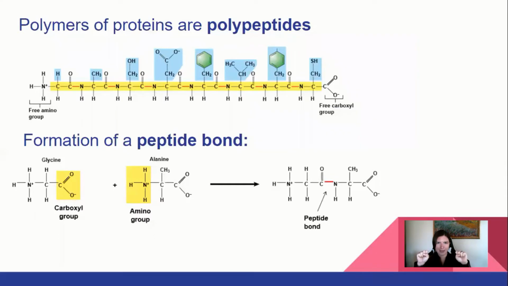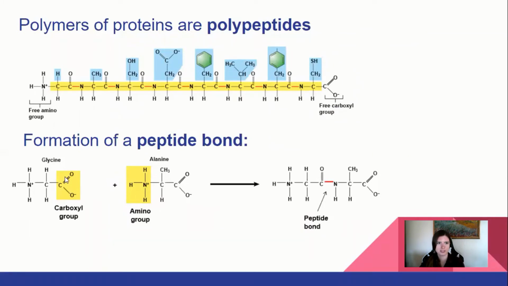So our polypeptide is our polymer for proteins. Our polypeptides form when we make a peptide bond between two amino acids. A peptide bond is a covalent bond, it just has a special name. It's the covalent bond that you find between two amino acids when you're making a protein. The peptide bond forms between the carboxyl group of one amino acid and the amino group of the neighboring amino